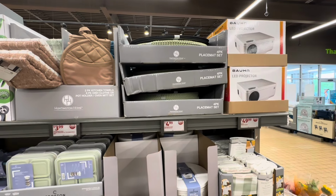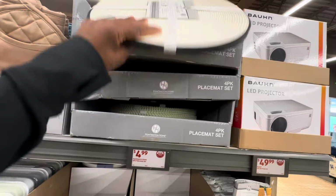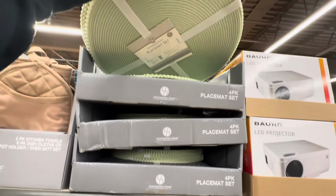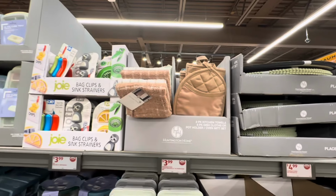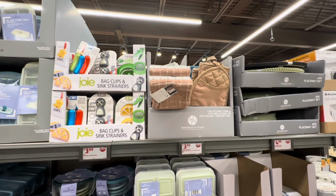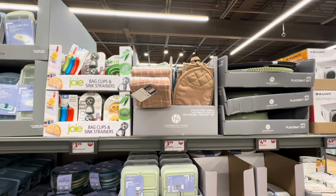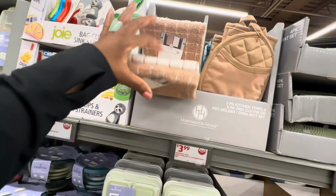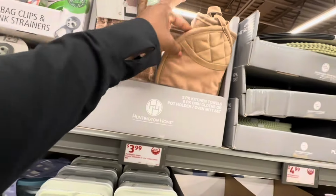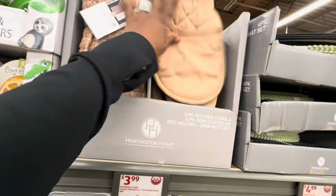4-pack placemat set, it is $4. So we have a few different colors and patterns. This is one. That green is really pretty. Okay, the 2-piece kitchen towels, 6-piece dish towels or pot holder / oven mitt set, $4. So here's the towels, the 2-piece, the pot holder and mitt, and I'm sure the other pieces are in the